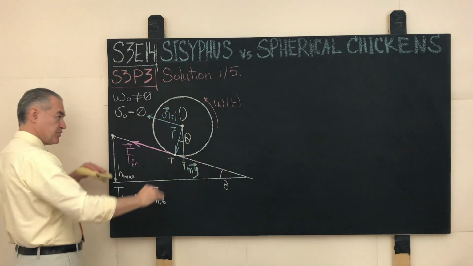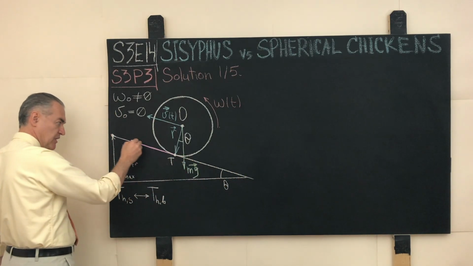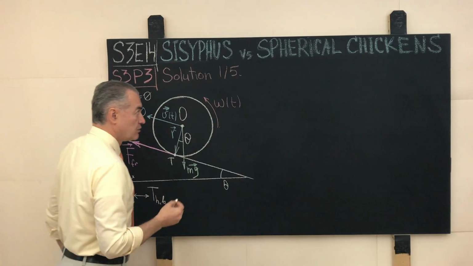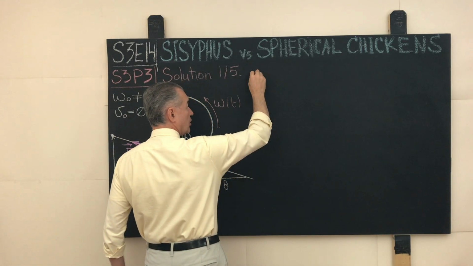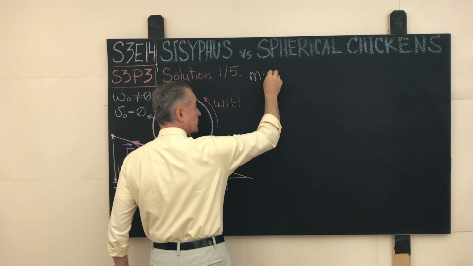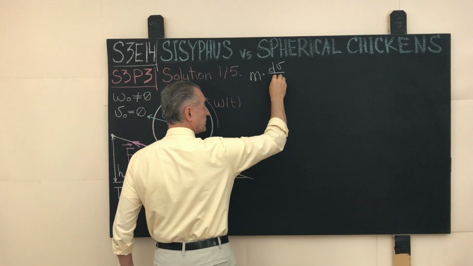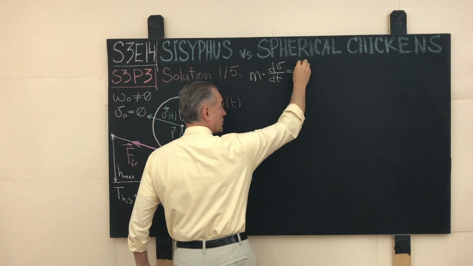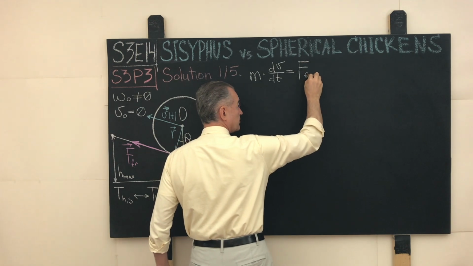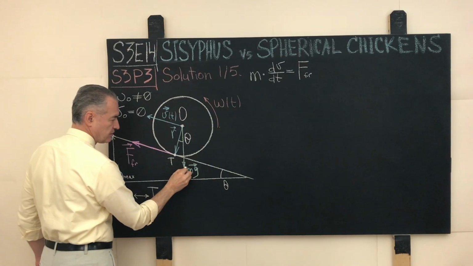As such, in its projection onto the axis that runs parallel to the inclined plane, the law of motion of the center of mass will be what? The proverbial ma, which is what? M times the first time derivative of the velocity of the center of mass over time will be our force of friction. And in this case, projecting